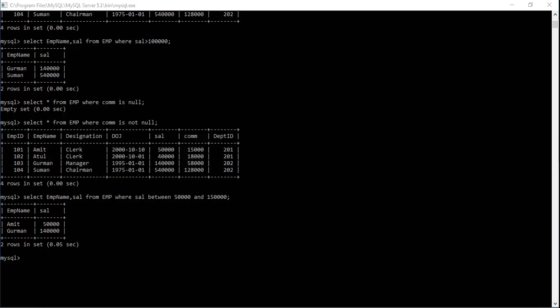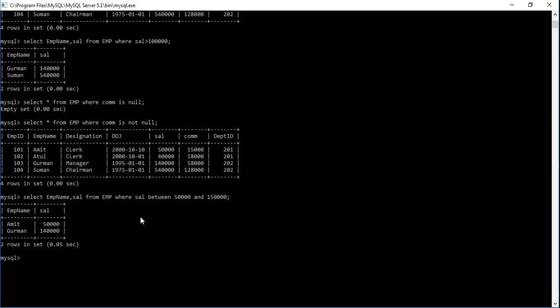Next we have, if you want to display the names which have A as the third letter in their names, and moreover it should be in ascending order of the employee name, right?